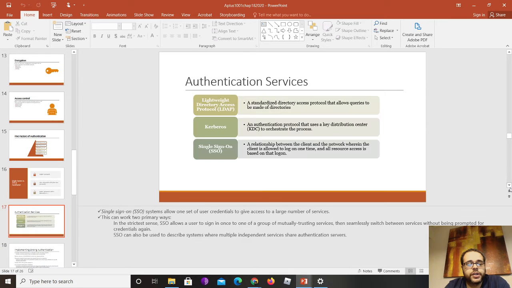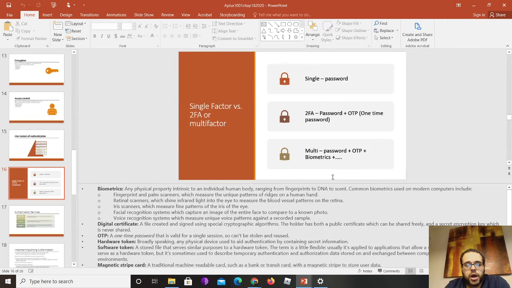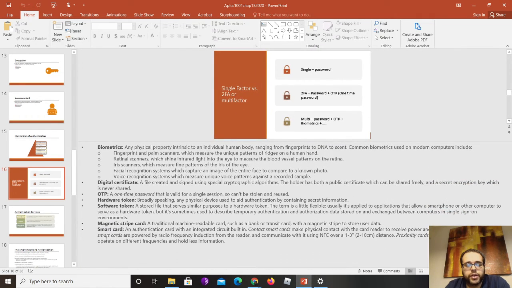Now there are different types. If you look over here on the notes, you guys can read this on your own. There are some more details on other types of authentication that you can read on your own, like a hardware token, which is an actual physical device that is kept on a person, an actual badge or card strip. That's another type of code. A smart card is something that you pass, and it operates on an NFC type of communication. So these are different types of authentication as well.